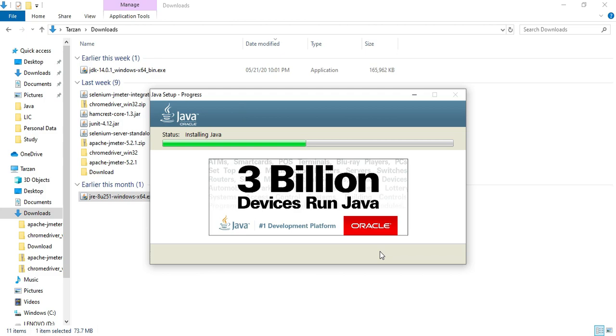But guys, one thing just remember: if you are using an older version of Java, you will not be required to install JRE externally. In the JDK itself, they used to provide the JRE. But if you are using Java version 13 or 14, you might not see JRE over there. So in that case, you will have to install it externally. And as I'm using Java 13 and 14, I'm installing it externally. Okay, let's just wait for this software to install completely.